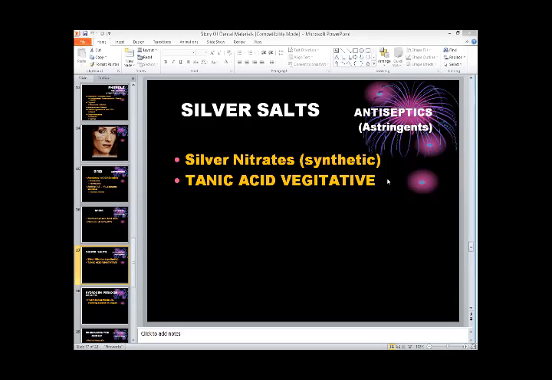So this tannic acid is a very important compound in dentistry, and we are using so many materials in dentistry with the quality of this astringent. So astringents have a very important role, and normally we are using these two only: silver nitrate, which is a synthetically originated compound, and the other is tannic acid, which we are using. Then another one,